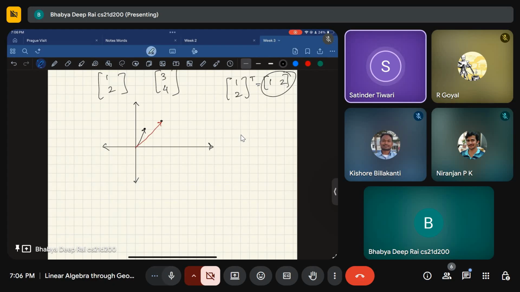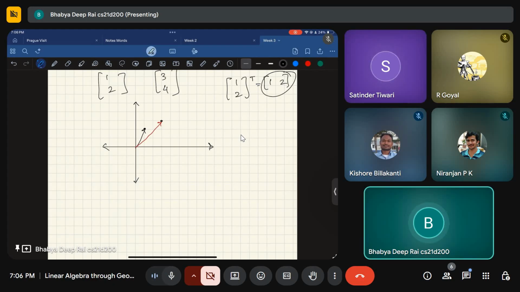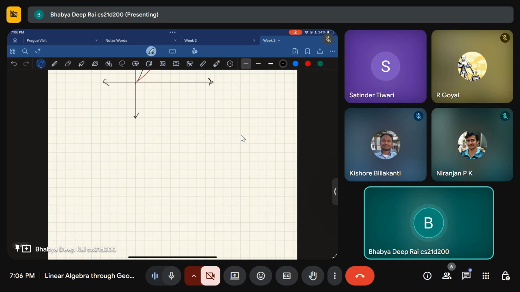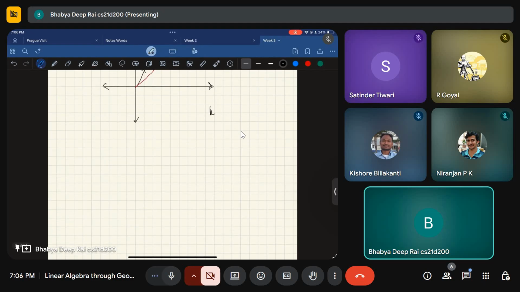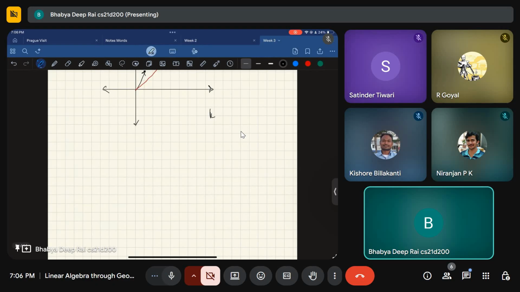So what you are saying is, if I apply a linear transform of this, 1 2 and 1 3 4, right? What happens here essentially? Now, if you do this, then you get what? So the question is, what do you get here? Okay, will you get a matrix? You won't get a matrix, right? You will get a scalar.